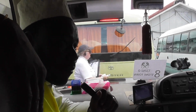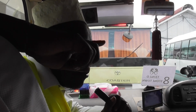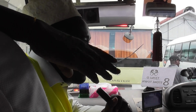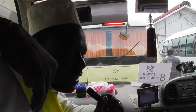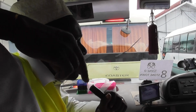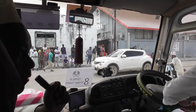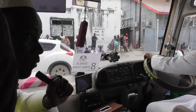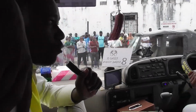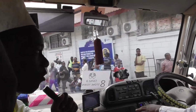From the Darajani market is where we'll get history about that market, but also we'll get to see how our market looks like and what we have in that market. We have fish, meat, vegetable. Then from there we'll take our way to the narrow street and see different types of Zanzibar doors. We have two main types of Zanzibar doors. We have the Arabic style and also we have the